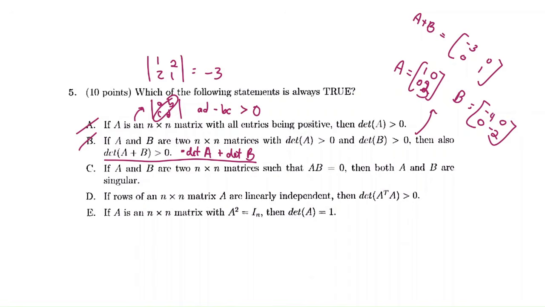So remember that singular means that it's not invertible. One of the properties of an invertible matrix is that the determinant of it is not equal to 0. But in the case that it's singular, then the determinant must equal 0. So this is claiming that because AB equals 0, the determinant of A equals 0 and the determinant of B equals 0. Which, again, based on my intuition, seems a bit strange because,